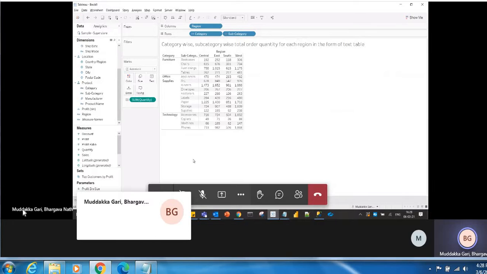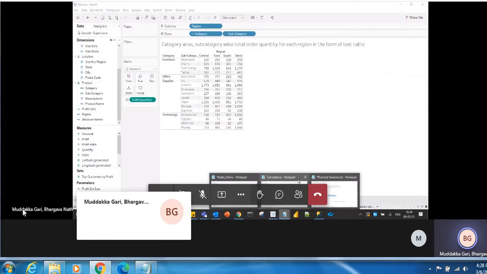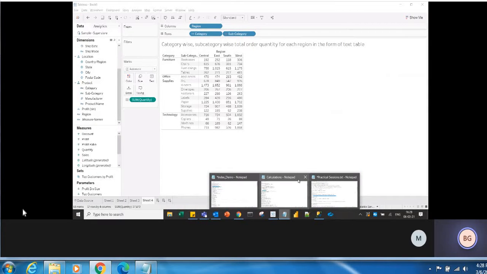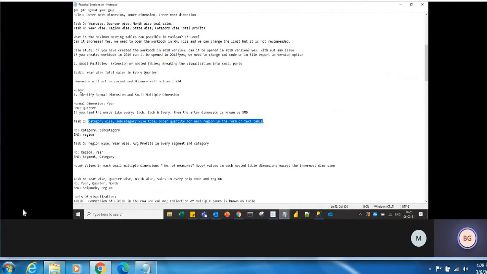Okay, so that is the key thing you need to remember. So what is the rule? You need to identify the normal dimension and the small multiple dimensions.